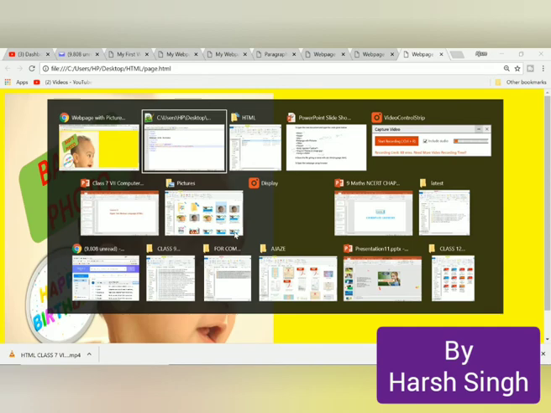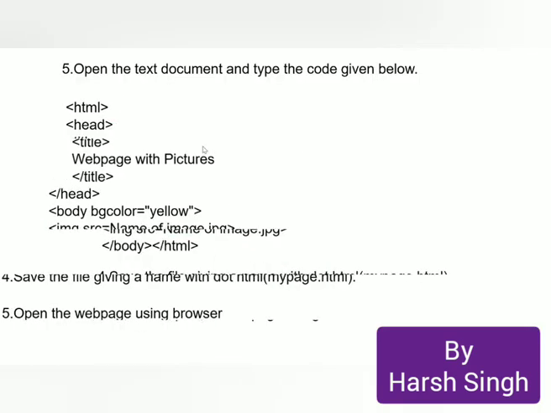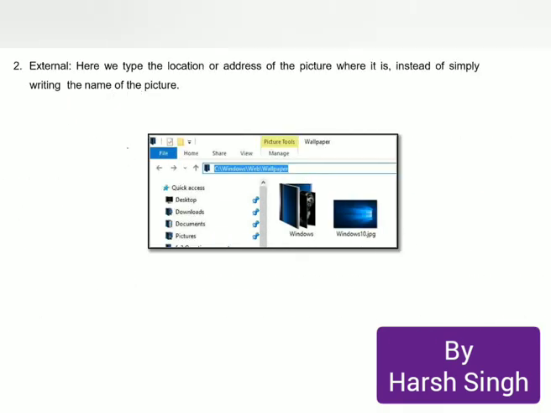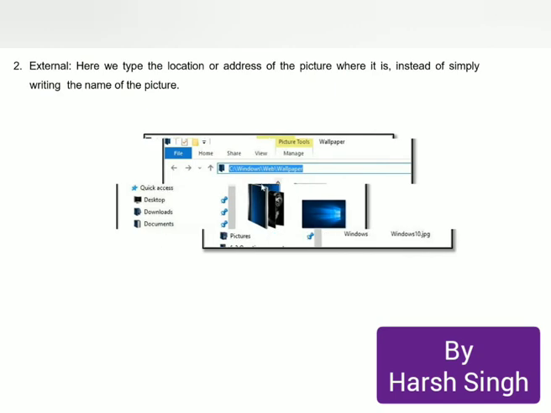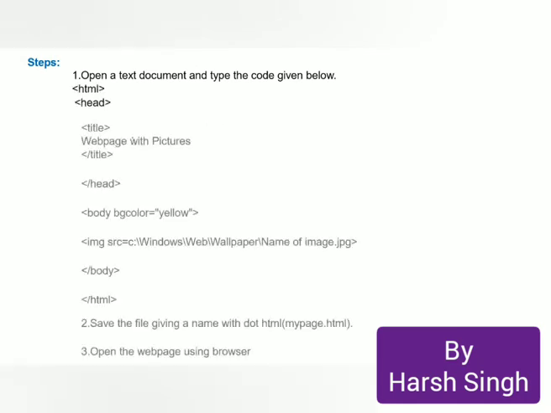Now the second thing is, the file can be external. That means you can pick the file from some other folder and you can show it in your web page. For that you have to go to that path. I'll show you how to go to that path. The first is you have to open the text document and write this code. The code is exactly the same as what we have done, but here